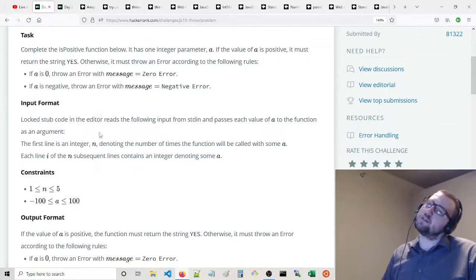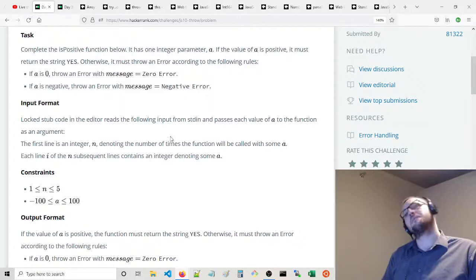Interesting. The input-locked stub code in the editor reads the following input from standard in and passes each value of a to the function as an argument. The first line,